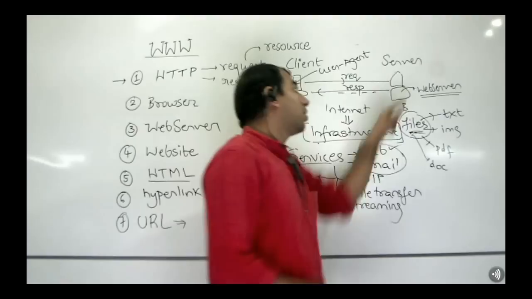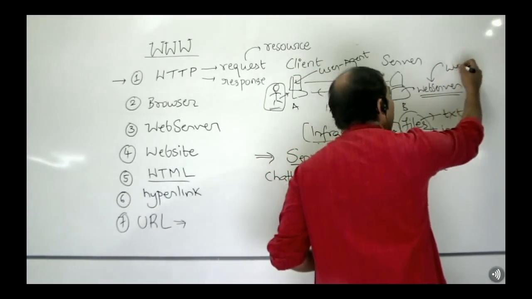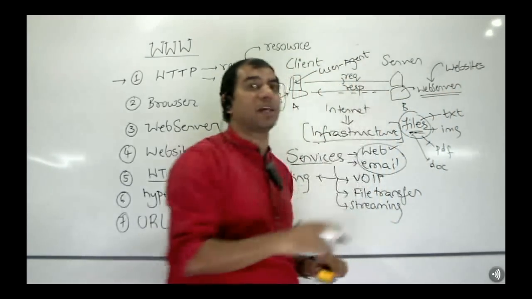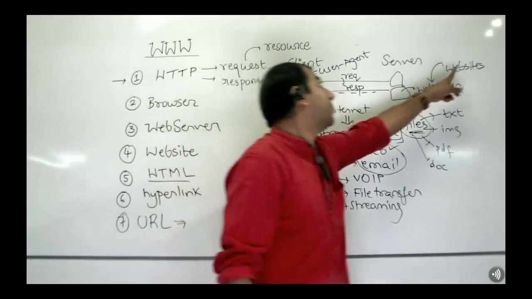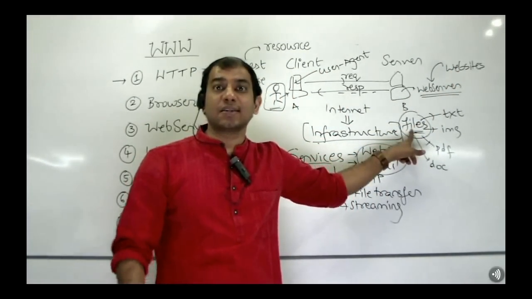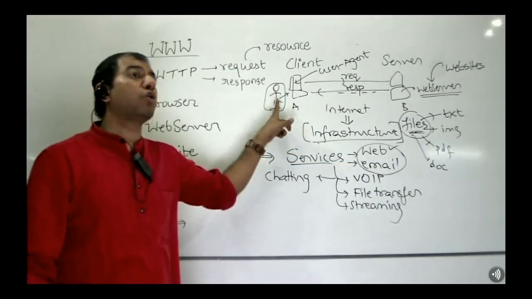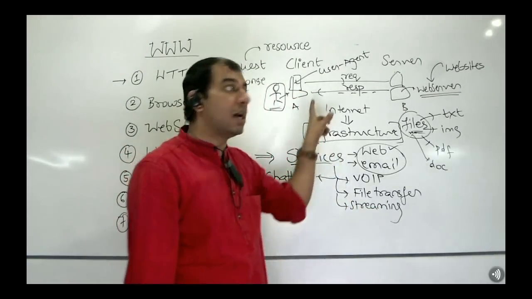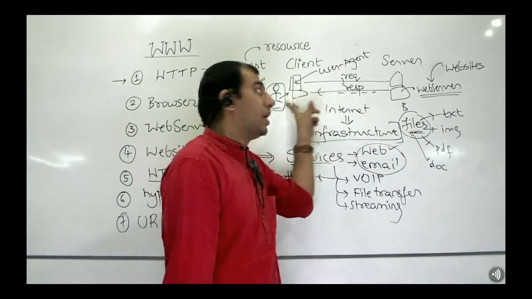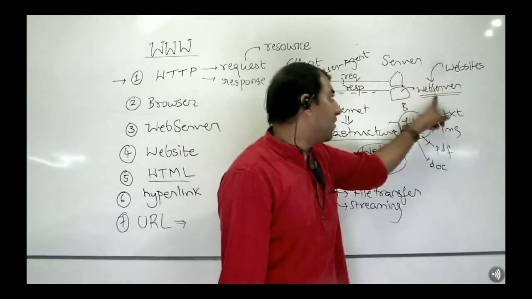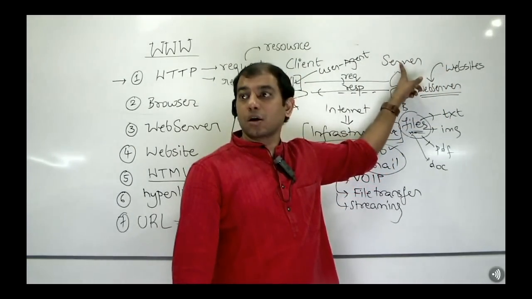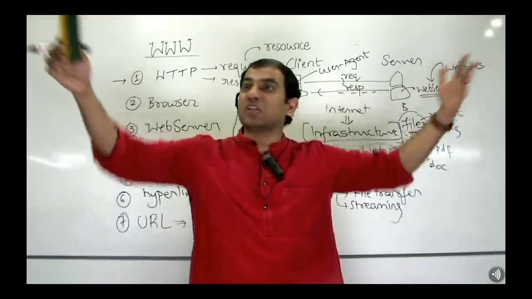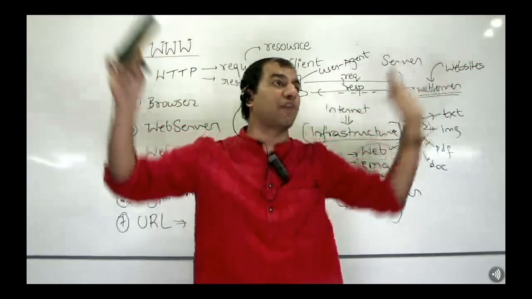Each web server, what is it we are going to deploy within each web server? Websites. How many websites can be there in one web server? Any number. Each website can have how many resource files? Any number. Now tell me, what should I and you sitting on a client machine be able to access? Any resource in any website, in any web server, in any server. And there are billions of machines, there are millions of servers, there are trillions of resources.